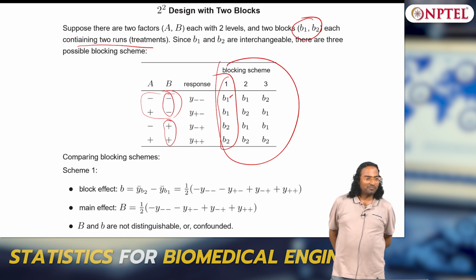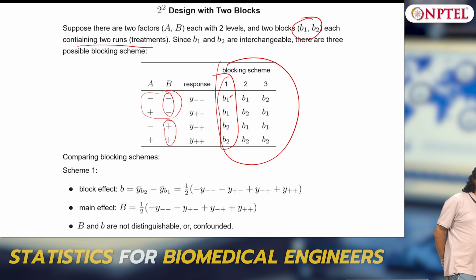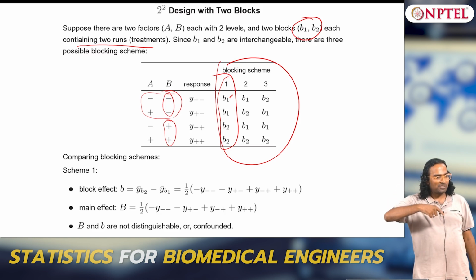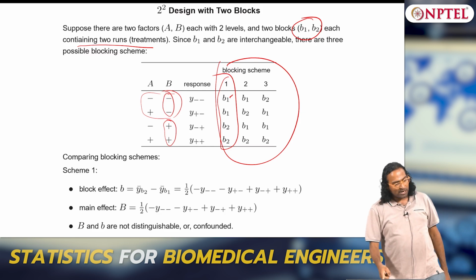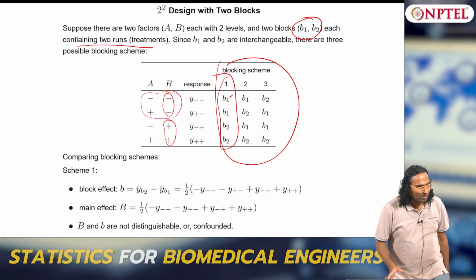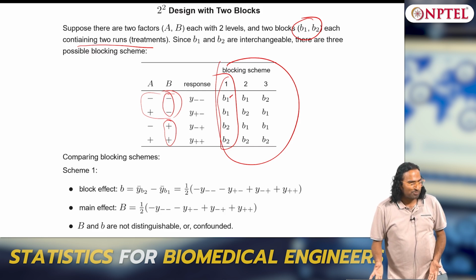What does blocking scheme mean with only 4 experiments? What do you do? I cannot afford to do 16 experiments now, right? Ideally what should I do? I should have kept B2 fixed. So in the earlier case what would you do? B1 at levels you will fix. Similarly you will do B1 at levels you fix, and do B2 separately, etc. So in here it is not possible, I do not have that many experiments.